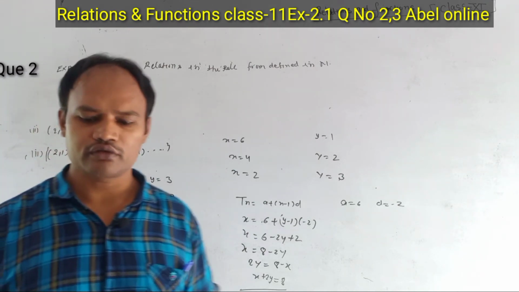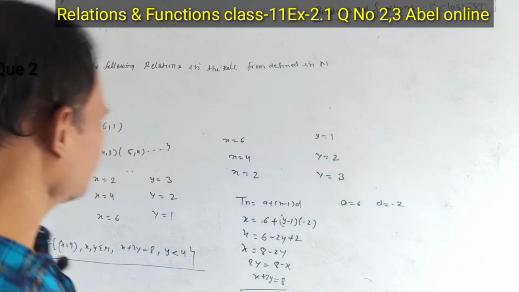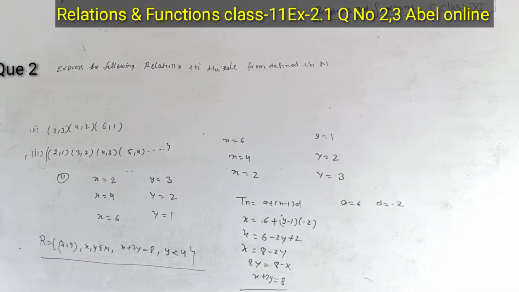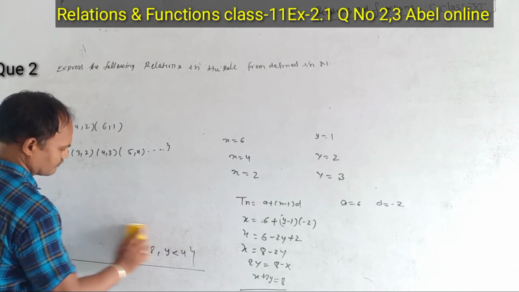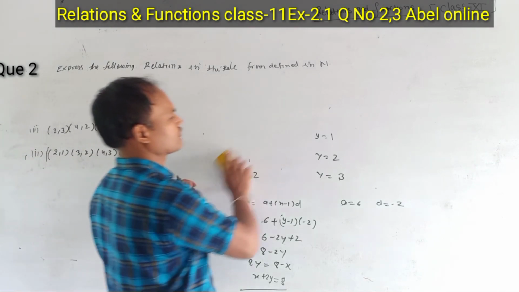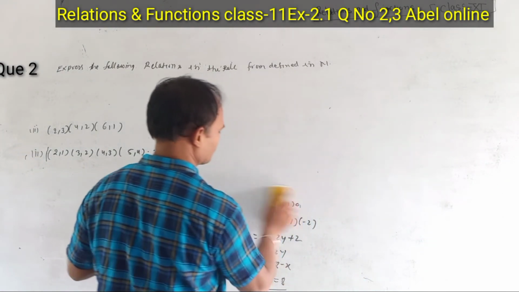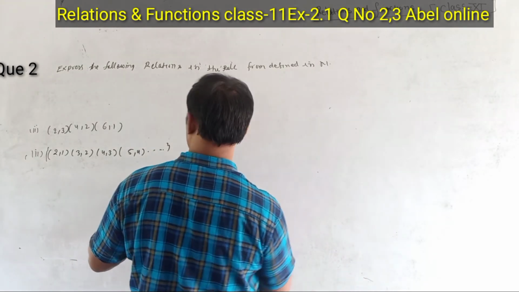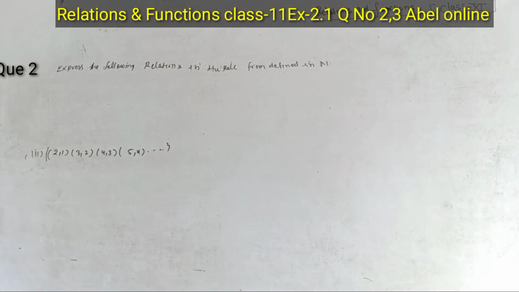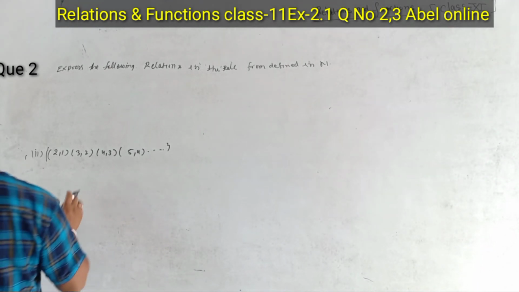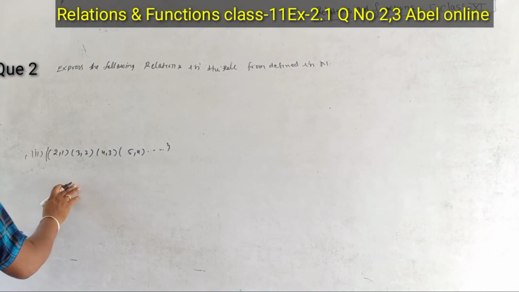Now we are going to solve the third question. What is the third question? Let's see. Okay, now we are on the third question. It is 2 comma 1, x equal 2. The values are given. What is the relation between them?